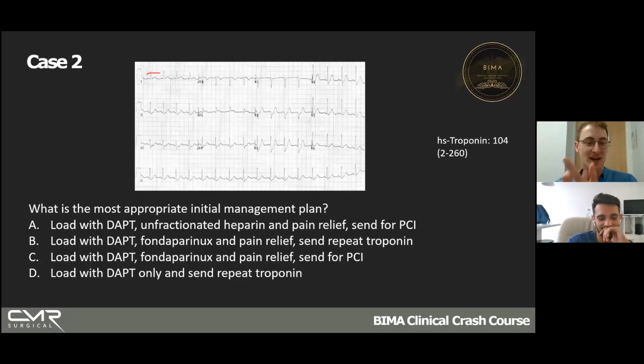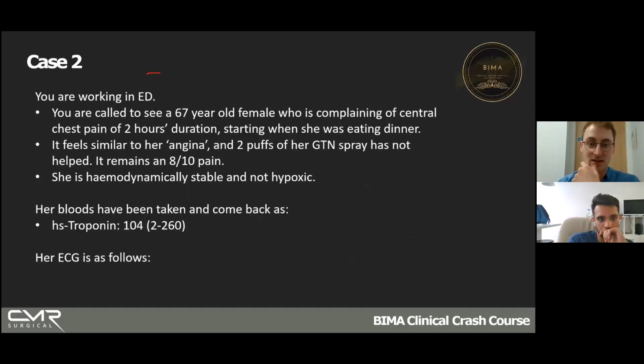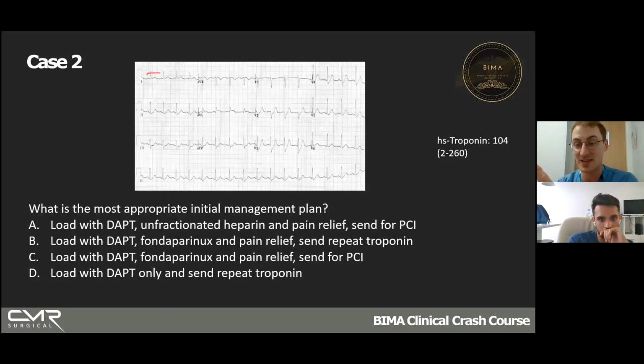So yeah, you don't know at the moment whether he's got unstable angina or an NSTEMI. That troponin could be raised because you're at the start of the troponin curve, or because they've got something else going on. I think I might have written in the case that they have. No, I didn't. Let's say they've got CKD. Let's pretend that I wrote that in there off the top of my head. So yeah, you don't know what they've got at the moment.